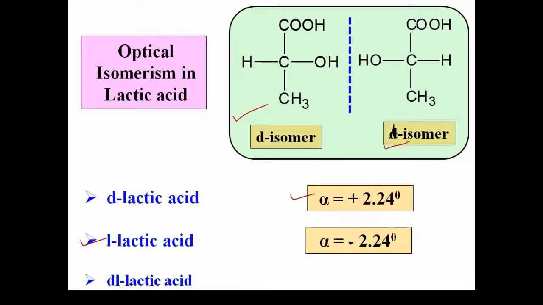Then third form, यामधला तिसरा फॉर्म कोणता आहे? DL-lactic acid. DL-lactic acid means it is a racemic mixture. It is the racemic mixture, means dextroisomer and leoisomer of lactic acid, त्याला जर आपण इक्विमोलार प्रोपोर्शन मध्ये घेतलं, then it is called DL lactic acid. It is the racemic mixture, and we know that it is optically inactive. Racemic mixture is optically inactive, and therefore its specific rotation should be 0. त्याचं स्पेसिफिक रोटेशन म्हणजे अल्फा हा 0 असला पाहिजे, because it does not rotate the plane of PPL towards clockwise